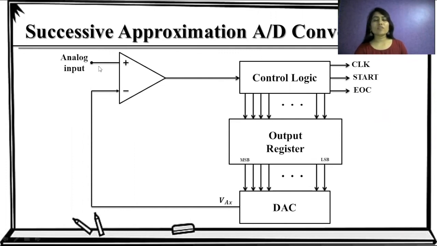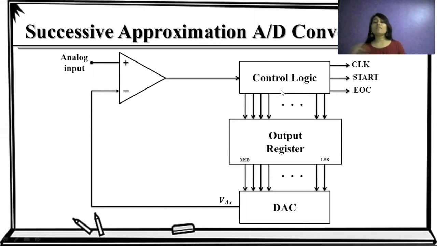Consider here we have a value of 7, say 7.1. So we make the first bit 1. So we have 100, which is equal to 4, and 7 minus 4 is a positive difference. So we retain that bit. Then we make the next bit 1. So we have 110, which is 6. Again 7 minus 6 is a positive difference, so we retain that bit.